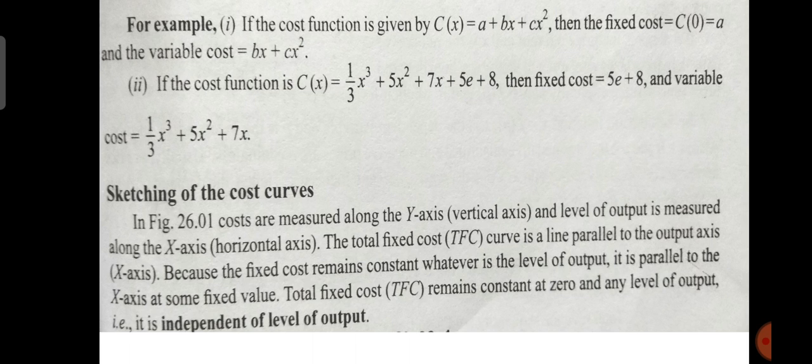That is, the costs are measured along the y-axis and the level of output is measured on the x-axis. The total fixed cost is a curve which is a line parallel to the output axis. That is because the fixed cost remains constant. Fixed cost does not change, unlike variable cost, which means the fixed cost is parallel to the output axis,